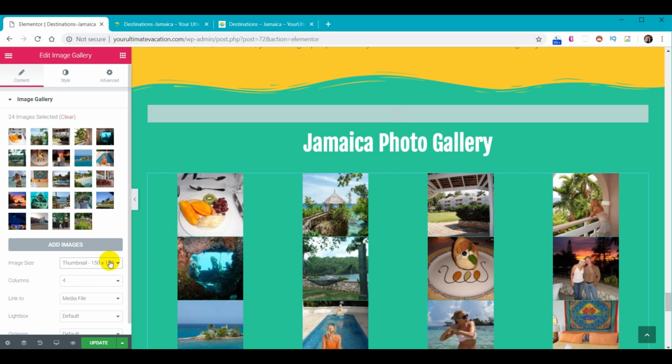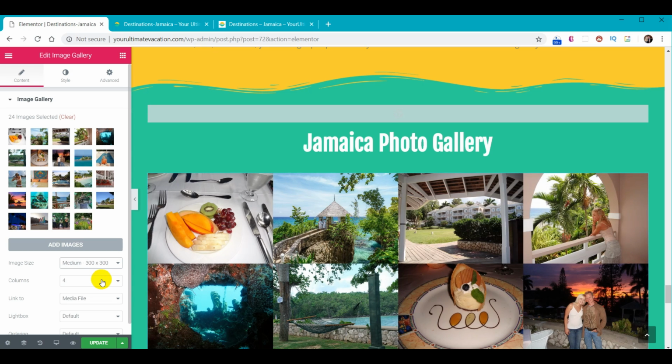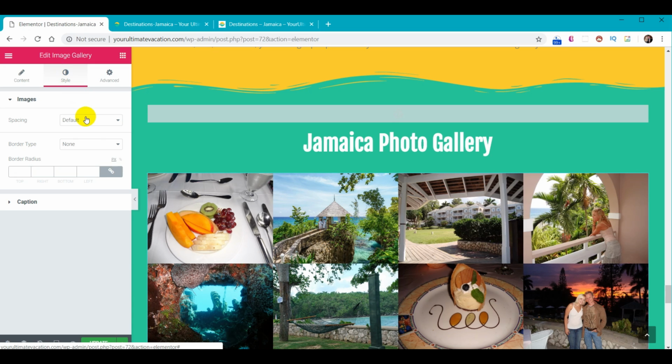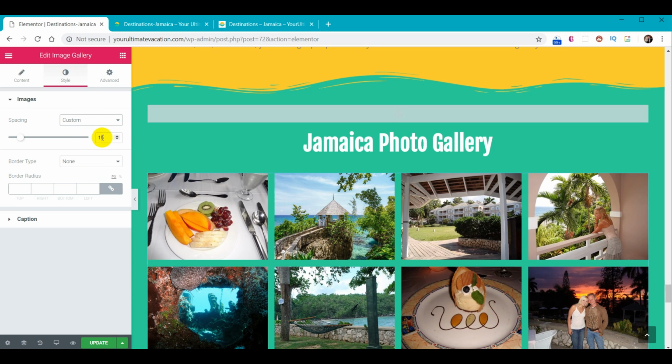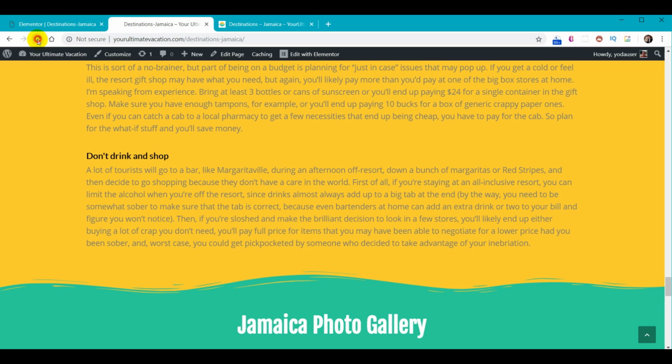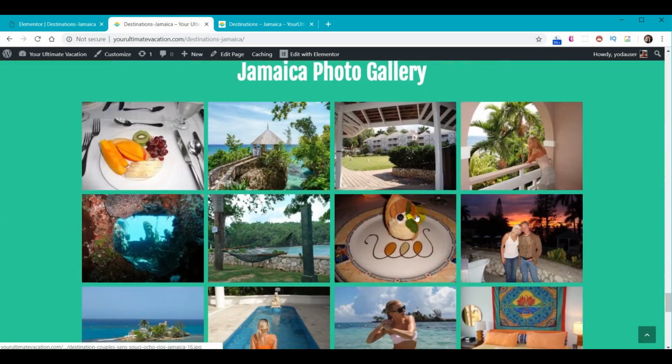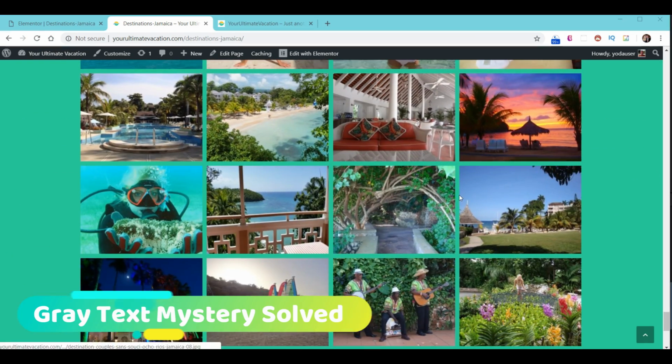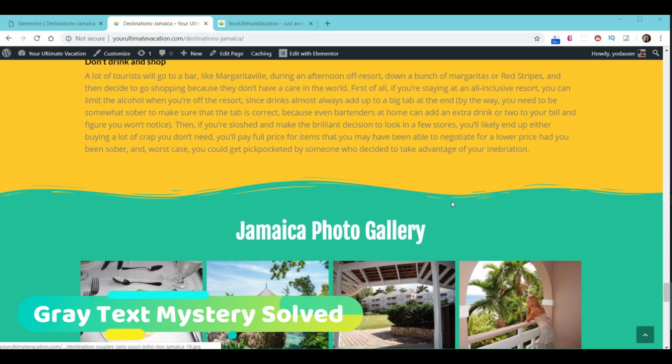And we're just going to change our image size to 300 by 300. And that looks really nice and pretty. But if you wanted spacing between them, you can go to Style, Spacing, Custom, and then put however much spacing you want. Now I can do Update. Go back to our page, hit Reload. And now our photo gallery is complete, and we're ready to solve the mystery of why the text is gray